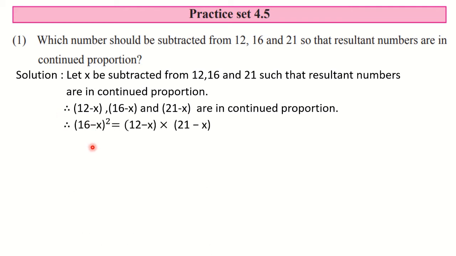So I am writing 16 minus x the whole square is equal to 12 minus x into 21 minus x. Mean proportional square is equal to multiplication of remaining 2. Now let us open this bracket. Let us make use of the property (a minus b) the whole square, that is a square minus 2ab plus b square. So here what we are going to get? 16 square is 256 minus 2 into 16 into x is minus 32x